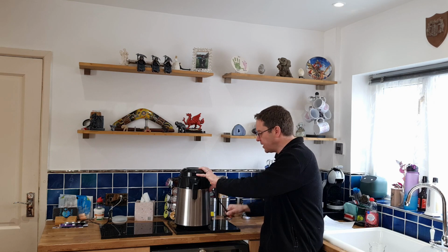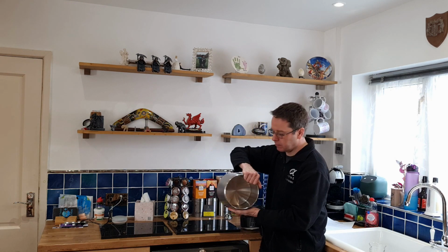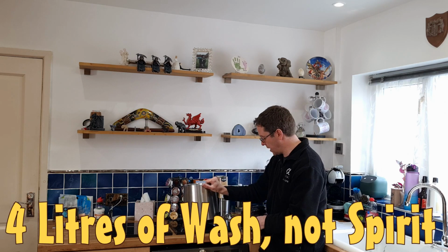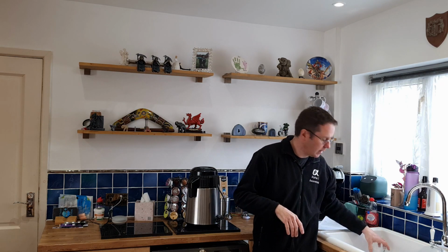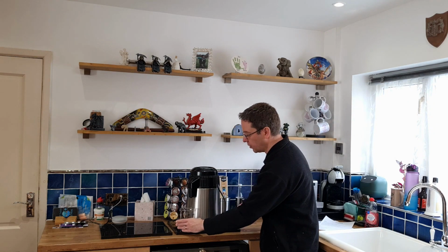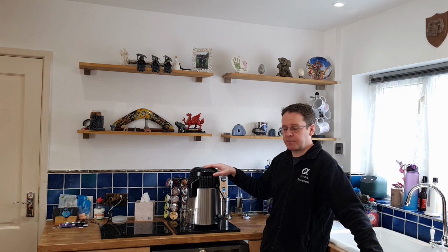Now, this is great for people who are just starting out. You literally put in 4 litres of spirit into there, put on the lid, connect it all up, get your collection container, stick it on there, and then wait for it to drip. This is an 8-year-old version, so it's a lot slower, but this takes me 4 hours to extract